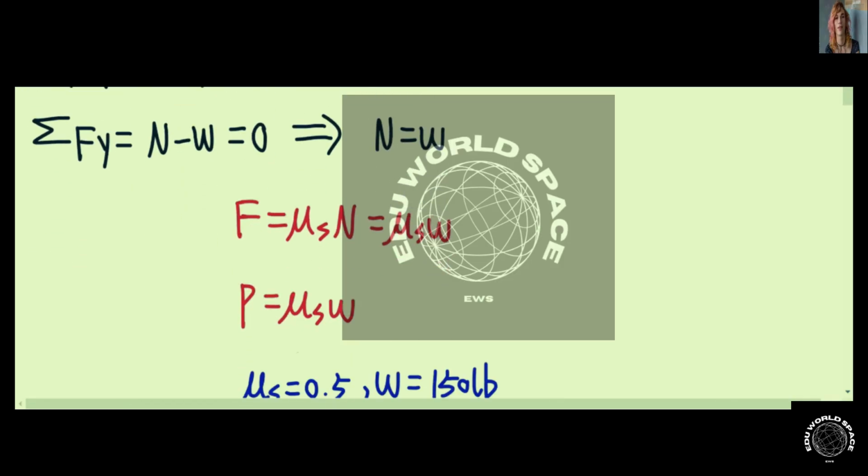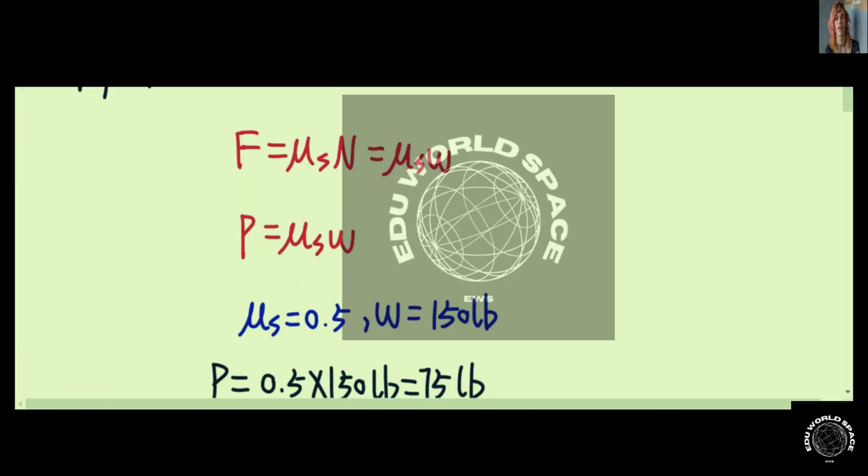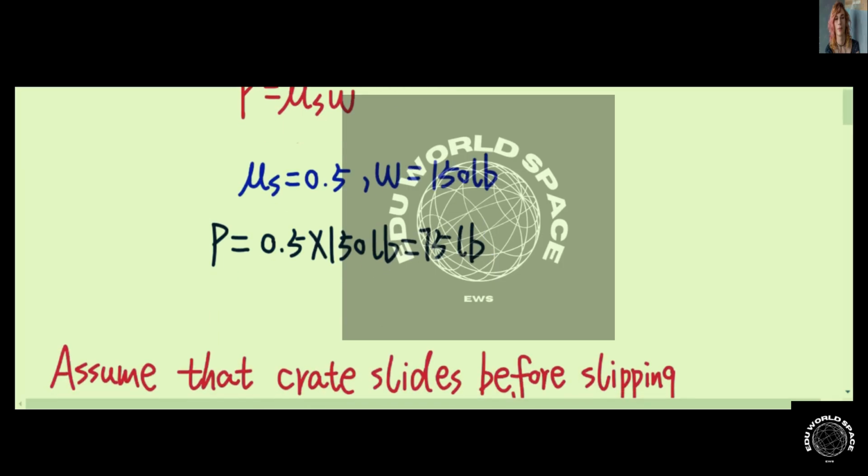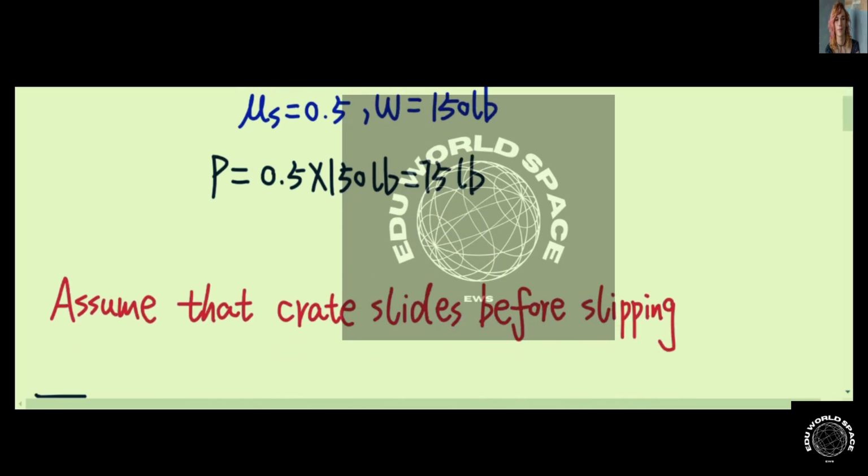So eventually you have P is equal to mu_s W, and we know mu_s is equal to 0.5, W is equal to 150 pounds. If we plug these values back into the equation, eventually you have the force P is equal to 75 pounds. So now let's assume that the crate slides before,